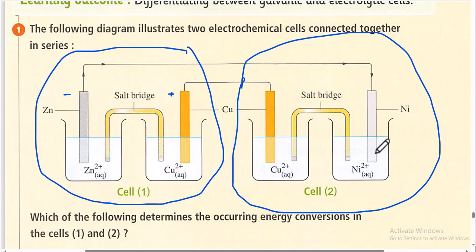It is supposed to be oxidized and leave electrons to go out in the outer wire, but as it is an electrolytic cell, it accepts electrons from an outer source, so it acts as the cathode and the negative electrode in this electrolytic cell. The cathode, it is more active,